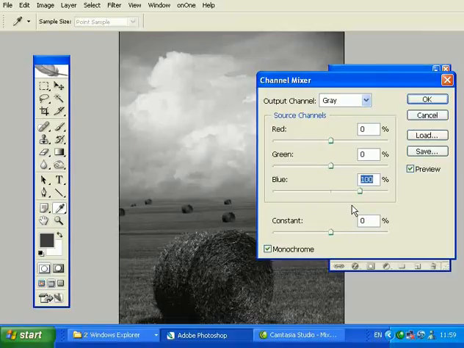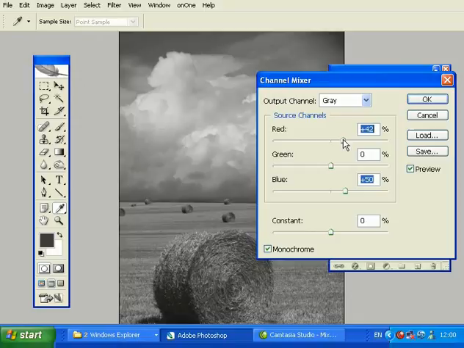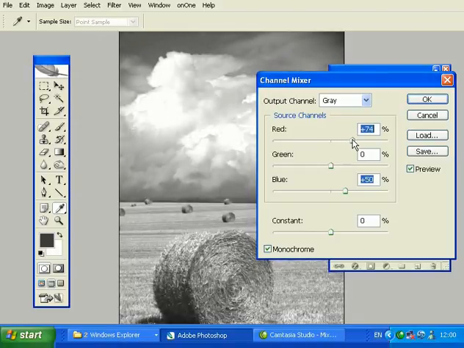So let's get mixing, and what we're going to do is experiment with the sliders. Now I've already experimented and I know the best settings, so I'll just take you to those. I'm going to go to 50% on the blue and 70% on the red. Now what that's doing is it's brightening up the clouds there, and it's actually bringing out the dramatic contrast between